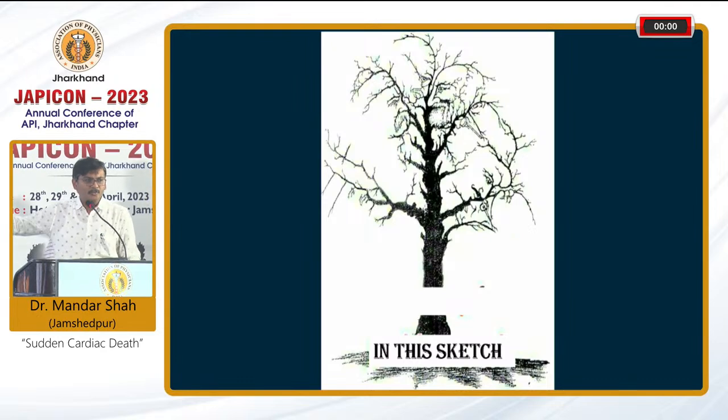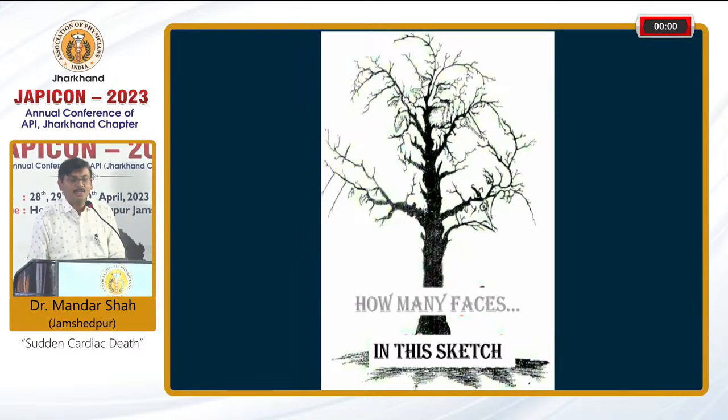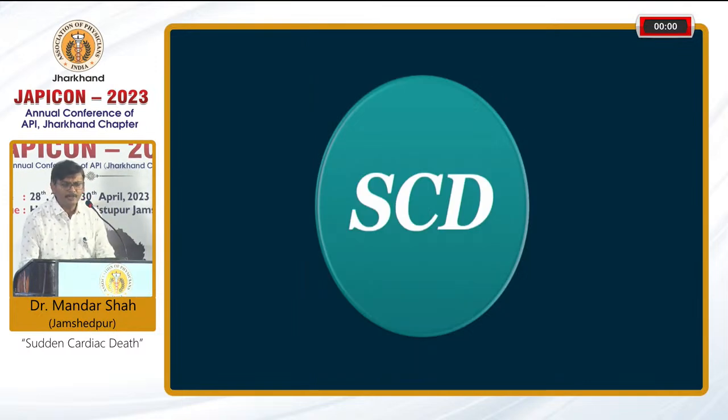So this is one more favorite slide of mine. I always show this in many of my lectures. This is a tree until I tell you that there are some faces hidden in it. As soon as I tell you that there are faces hidden, you will start seeing lots of faces over there. So what the mind doesn't know, your eyes cannot see. So train your mind to look at subtleties in ECG: prolonged QT, Brugada, epsilon waves, all of these things you should learn to look at in ECG. Coming to sudden cardiac death,